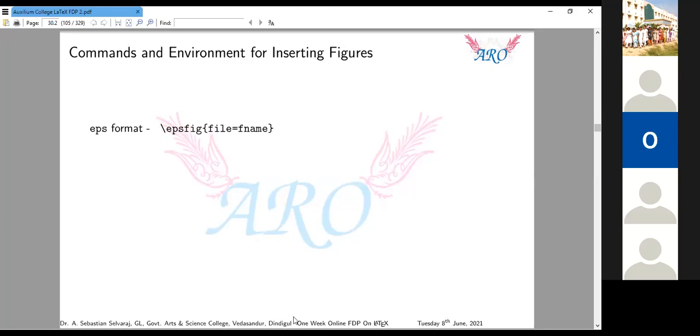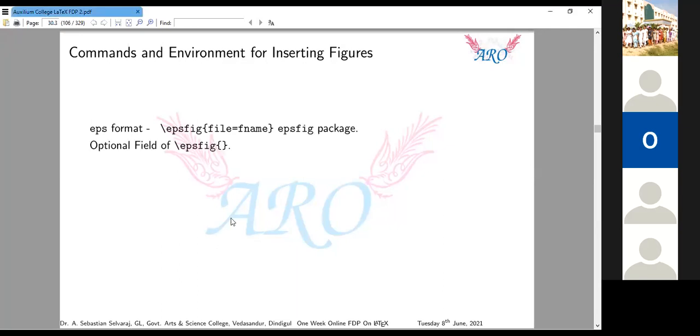PS to PDF. Suppose you are using TeXmaker, I'm going to show how to change that compilation mode. To see that, go to Options, Configure TeXmaker. Just press the quick build button. It gives a lot of options. Always using PDF LaTeX. Suppose you have an EPS or PS figure, you have to choose the third option, LaTeX to DVI, DVI to PS, PS to PDF, and the final one is PDF. This is the procedure to run if you are using EPS figures.